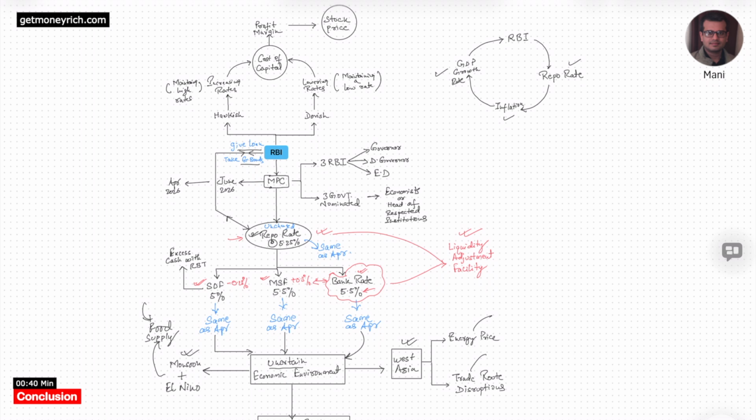So that's all, my friend. I think you have understood what goes behind a monetary policy committee meeting of the RBI: on what basis they decide the repo rates, how they control inflation, how they forecast the GDP growth numbers, and what kind of data they observe on a day-to-day basis to make the right decision in the monetary policy committee meetings.